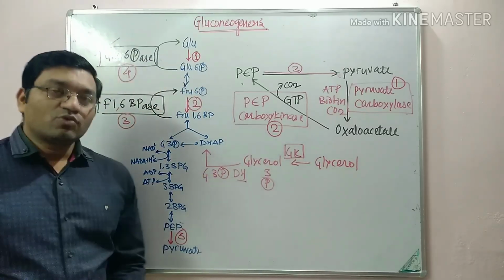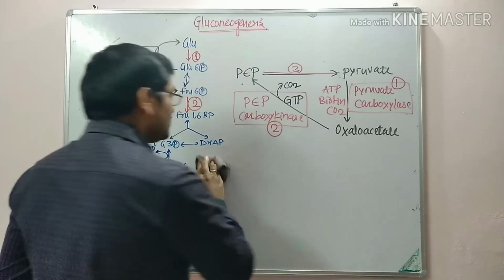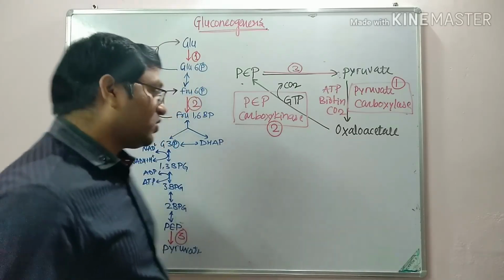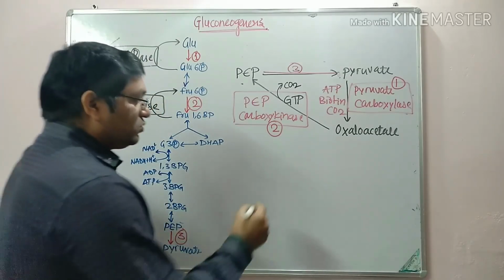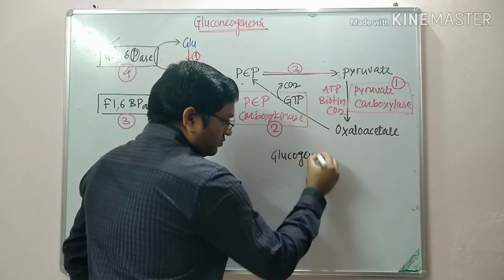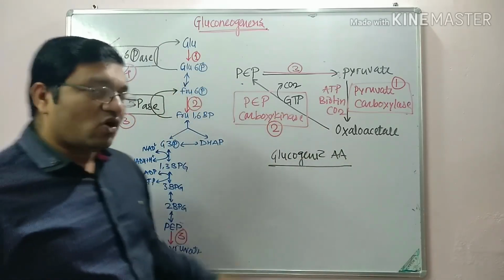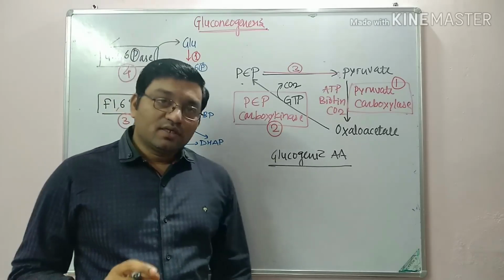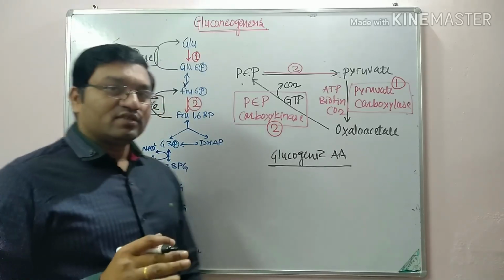Now coming to the synthesis of glucose from the glucogenic amino acid. The important amino acid for the synthesis of the glucose molecule is alanine. Alanine is the most common amino acid which undergoes gluconeogenesis. Now the fourth substrate, that is glucogenic amino acids. For UG students, remember all amino acids except leucine give glucose. For the PG student, remember the amino acids which give the